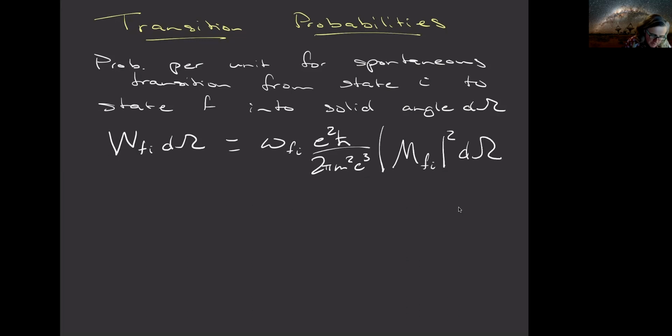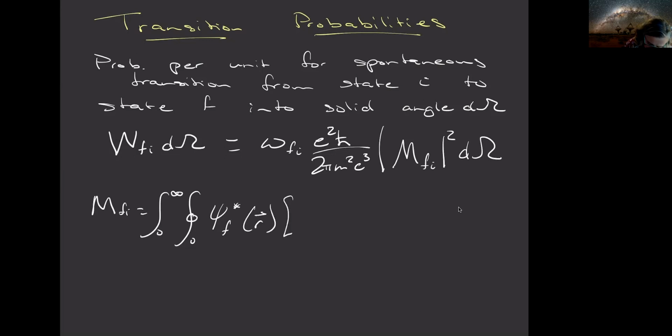And that matrix function is the matrix of transition probabilities, where M_fi is the integral from 0 to infinity, and the surface integral over the complex conjugate of the final wave functions